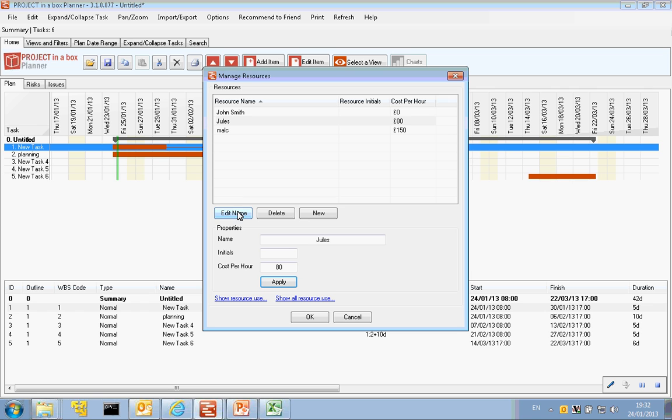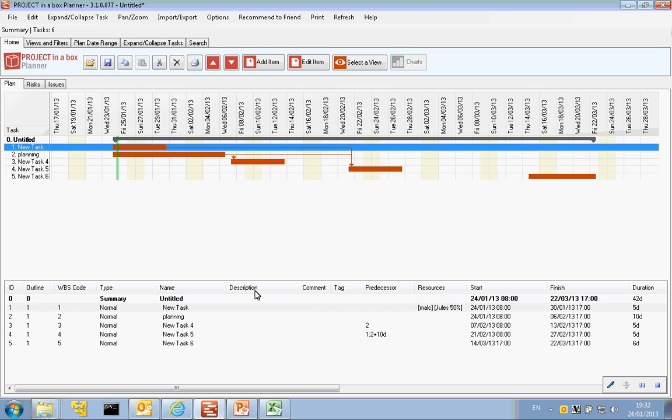So we might add a new person here who's going to be, I'll give them a rate as well. So we're building up our resource list here, and this is the sort of thing that we could pre-populate perhaps with our departments' names and cost rates, so that we can use those in assembling standard plans. So we can come back to our next task now,